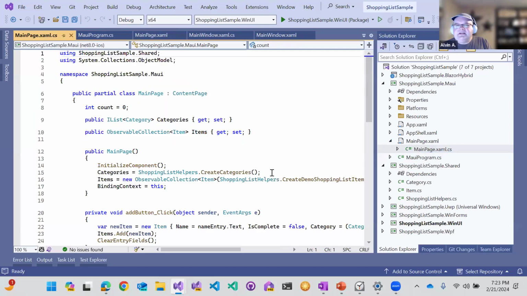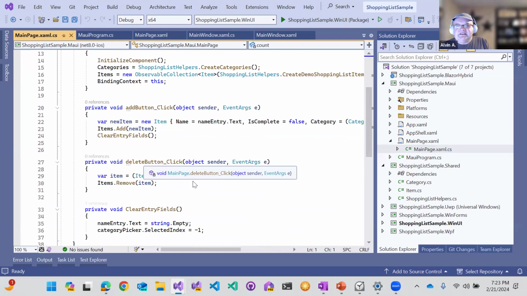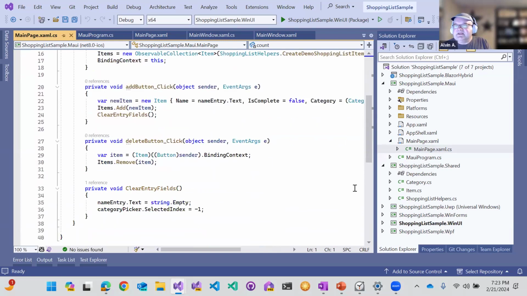And in our code behind, it looks pretty similar to the WPF, where we've got all the code right here in the code behind. Categories and items, an add button and a delete button, and clearing the fields. So let's